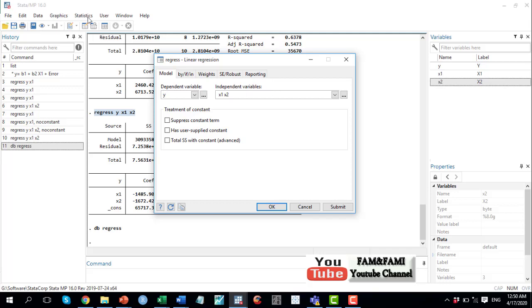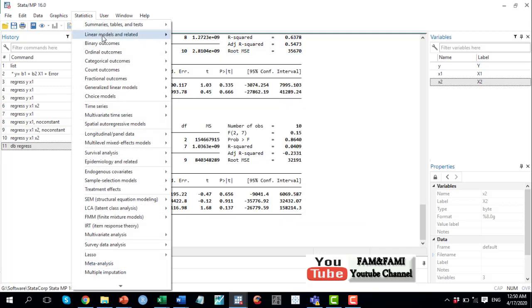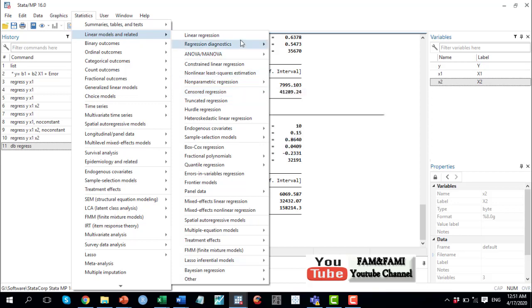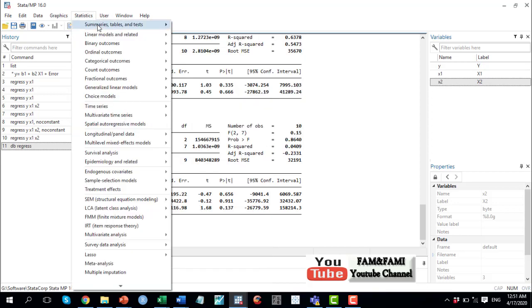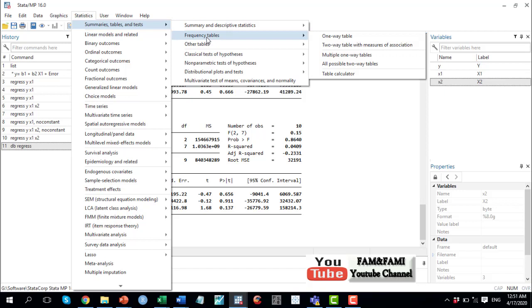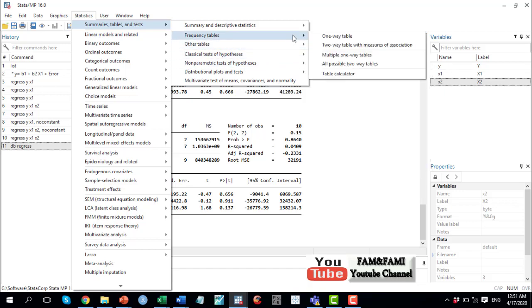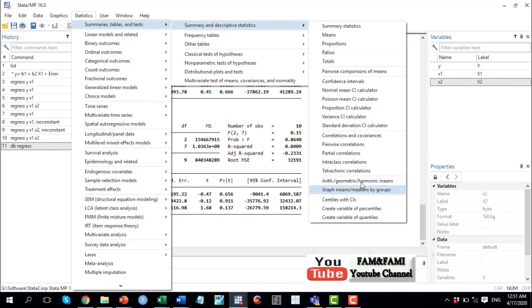So there is no need to go to the statistics menu, then linear models and related, and then click on linear regression. Sometimes, let's say we are interested in summary statistics, or a frequency table, or classical hypothesis tests, or maybe descriptive statistics, and it is quite tough, or sometimes complicated, to recall where the particular option is available.